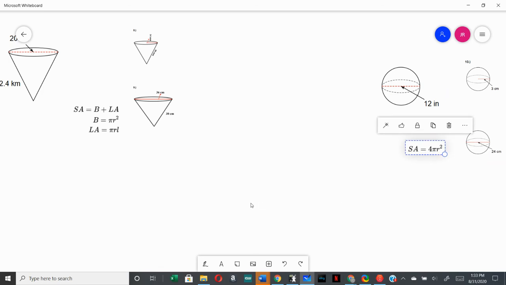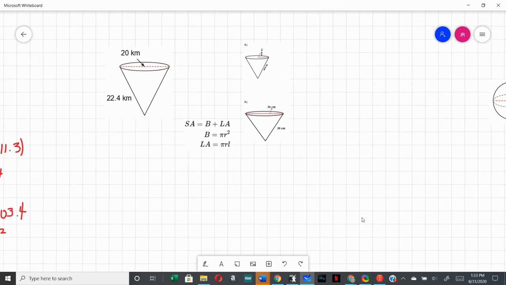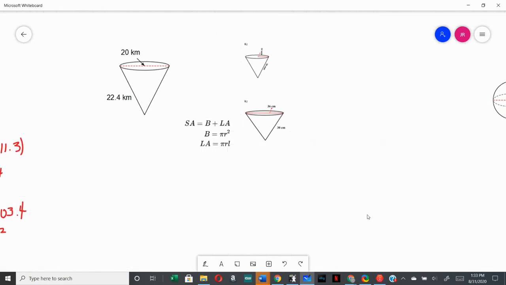See, spheres are going to be an easy one. All right, so here we go. Again, I'm doing the harder one. It's the one where I'm given the diameter because I need to find the radius. If you already have the radius, you don't have to do this first step. So all I need to know is to find the radius and slant height and do both of these parts. So my radius is going to be half of 20, which is 10. And then my slant height,